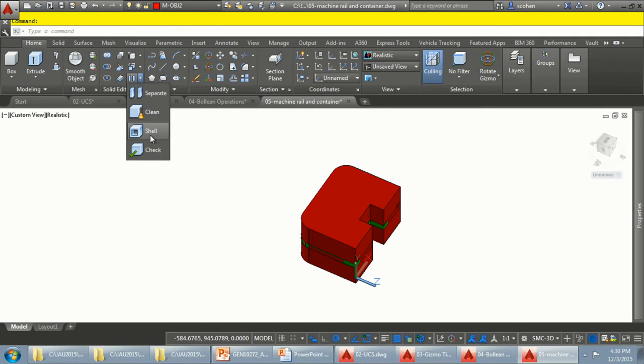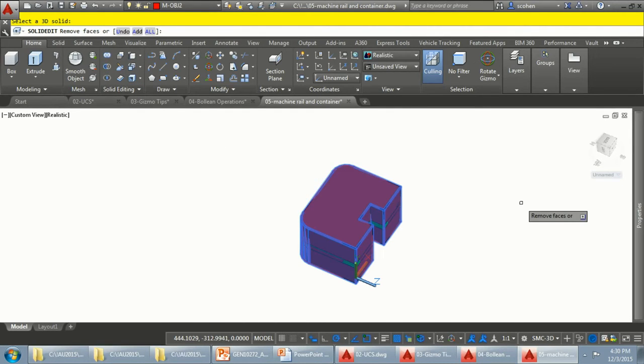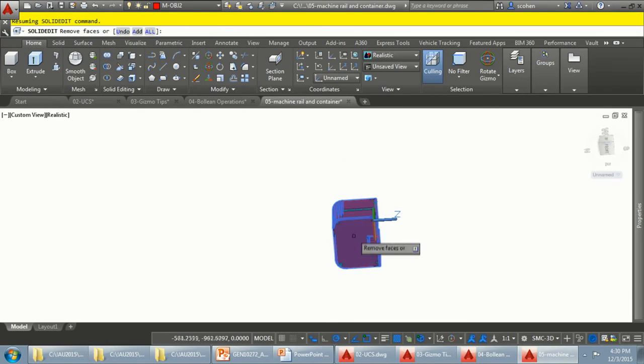That's all it is, but it's just going to pick the shell option. I'll pick the 3D solid, and then again, when you don't know what to do, look to the command line window. It says remove faces. Pick the top, and sometimes, like I said, selection cycling does get in the way, so I'm going to turn that off temporarily here. I'll go underneath,